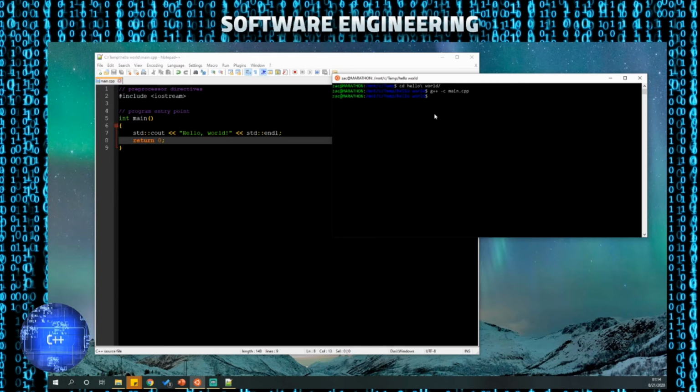Alright, so that compiled it. So now if we look, you'll see I have a main.o file in addition to the CPP file that I just created. This is the object file that gets created once the compiler has finished its output. So now I want to convert that object file into an executable. So I'll use G++ again. Tell it that I want to